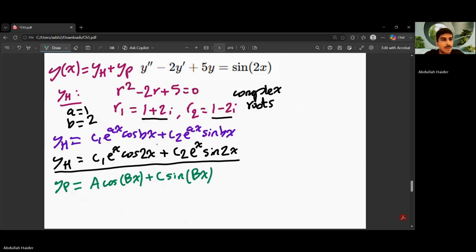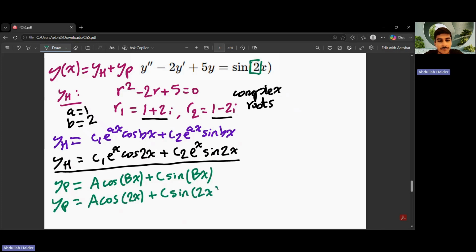Now, your yp, so our big B is 2: a cosine 2x plus c sine 2x. Now, before moving on, you check